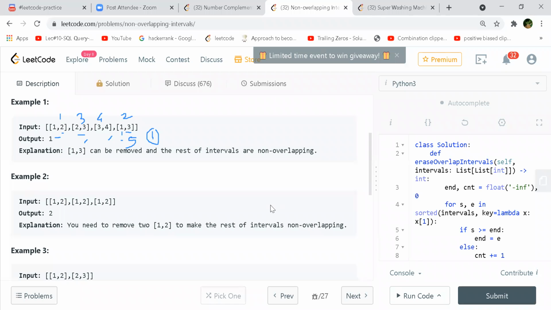I'm a bit skeptical about how this would give us the minimum number. I get that we are using greedy, but is there any contradictory proof, like how do I know that this is the minimum number of intervals I have to remove? Because the bigger interval, the one that will cover everybody, will be at the last, right? Because the end time will be very big.